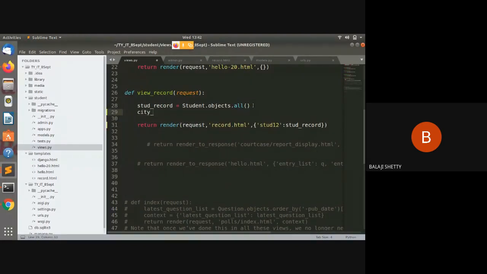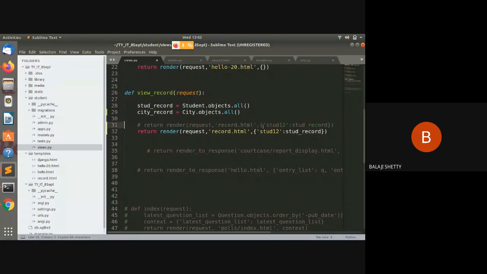So here, what I do? City record equal to City dot objects dot all. That's it. Better I comment this line so that if it does not work, we can restore our code to the previous one.